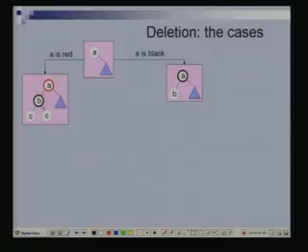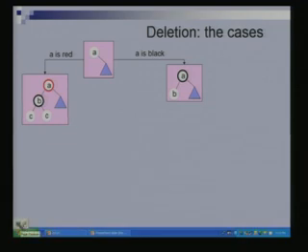So this is one possibility. If A is red, then this child is black and we do not know what the colors of its 2 children are. The other is that if A is black, then B could be red or black. So depending upon what the color of B is, we will again have different cases. And here, depending upon what the color of C is, we will have different cases. So, one second.